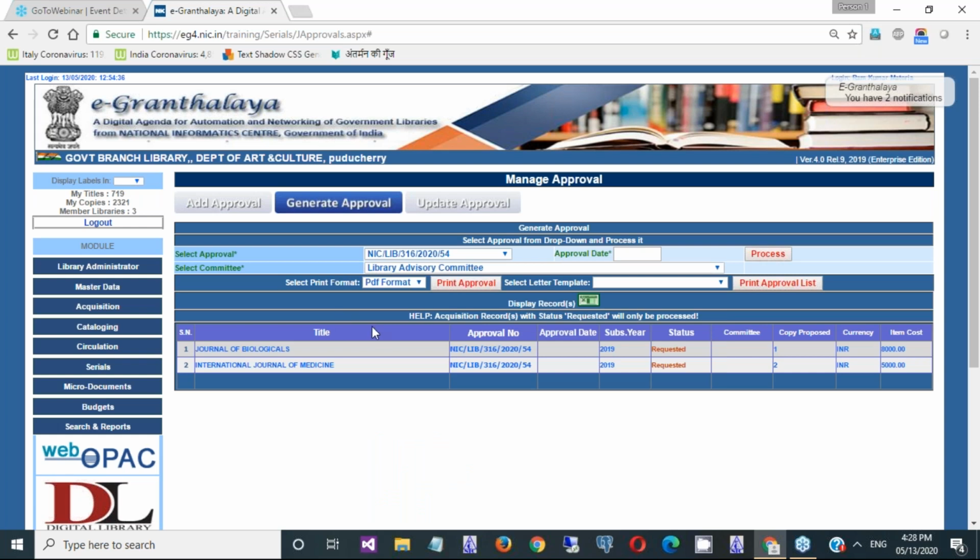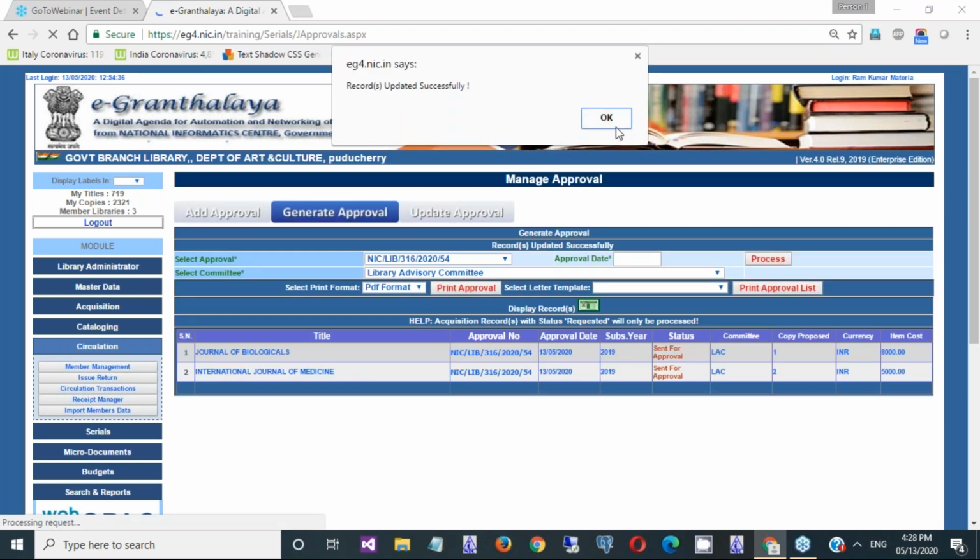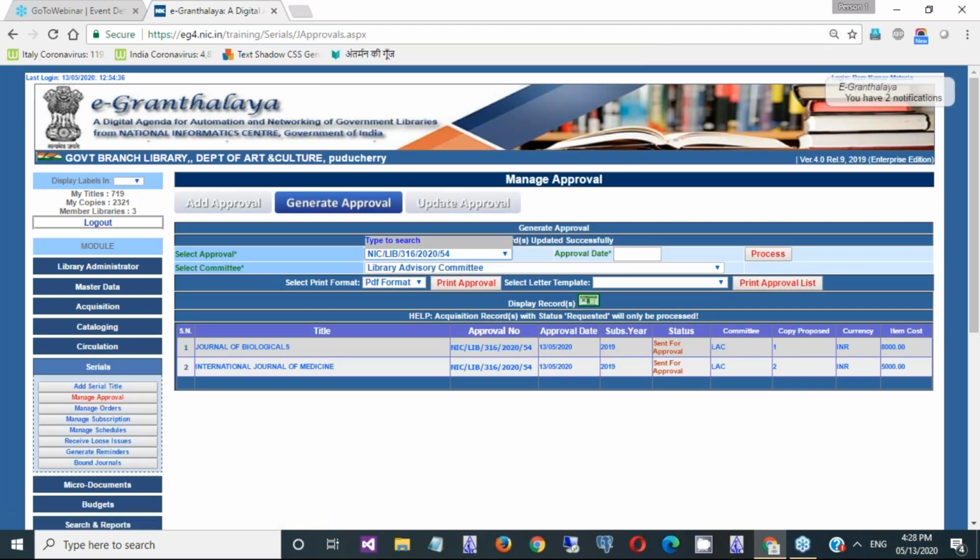Select the committee. There may be a separate committee for books purchasing and another committee for journals approval. Once you select that committee, then press the process button. So these two records have been processed and their status changed accordingly, sent for approval.